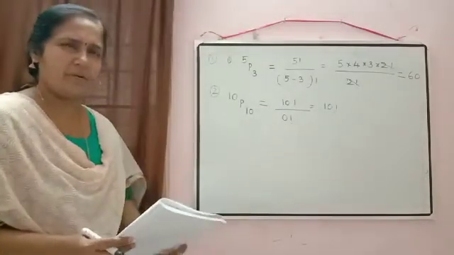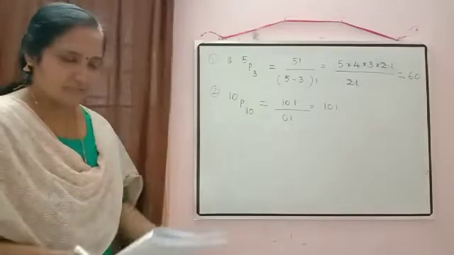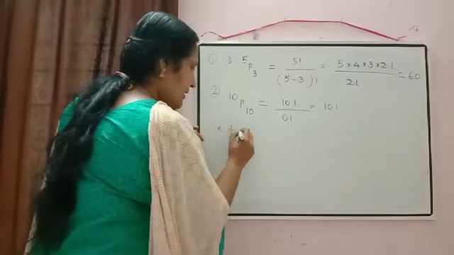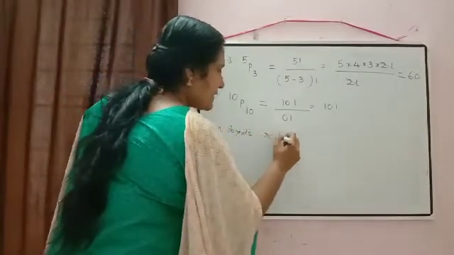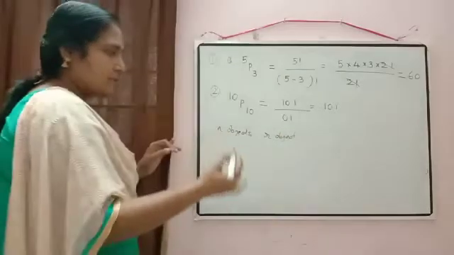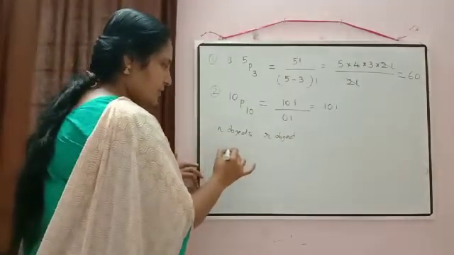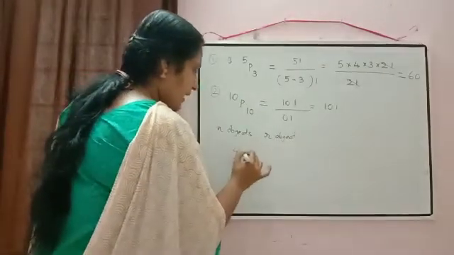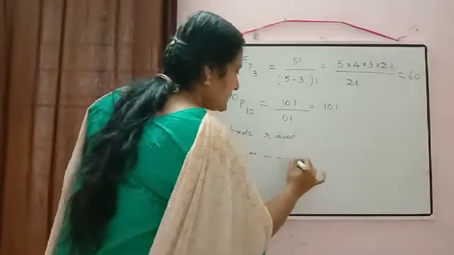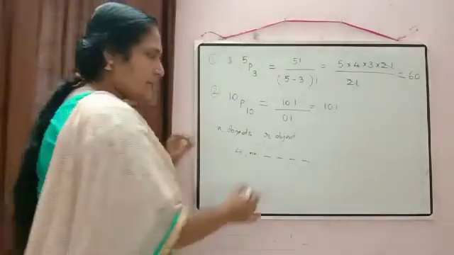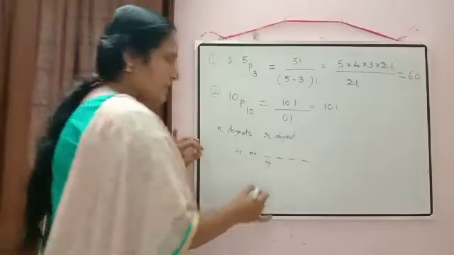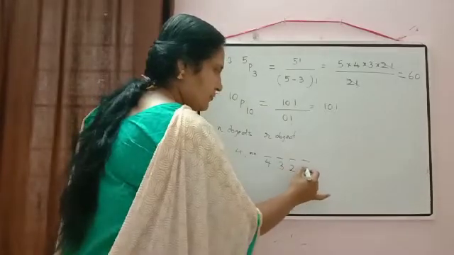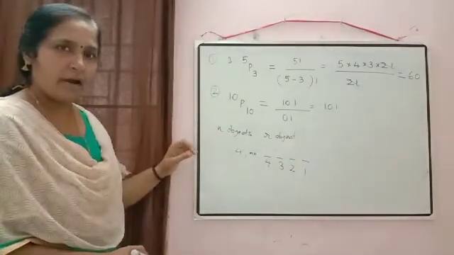10 factorial you don't have to calculate there. Why did I give this question? Because we wrote the formula for when n objects are there and we are taking r objects at one time. As we said, suppose you have 4 numbers and you have to make a 4-digit number from them. The first place can be filled in 4 ways, the second place in 3 ways, then the third place in 2 ways, and the last place in 1 way only.